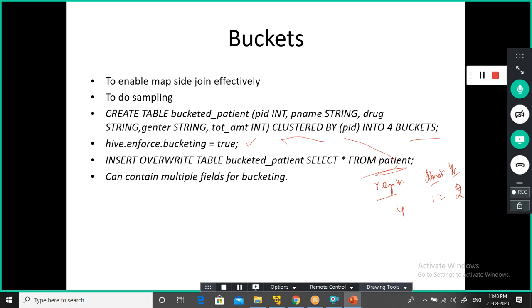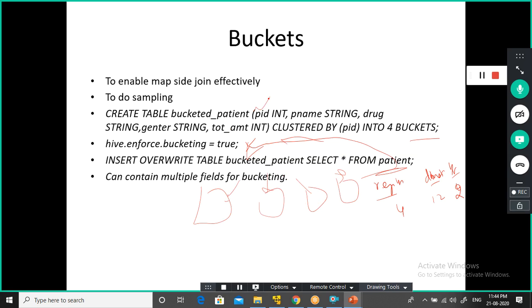Select all the patient data, and while storing it, we split that data into 4 different buckets. Certain patients you store here, certain patients here, and so on. That is how it's split and stored.